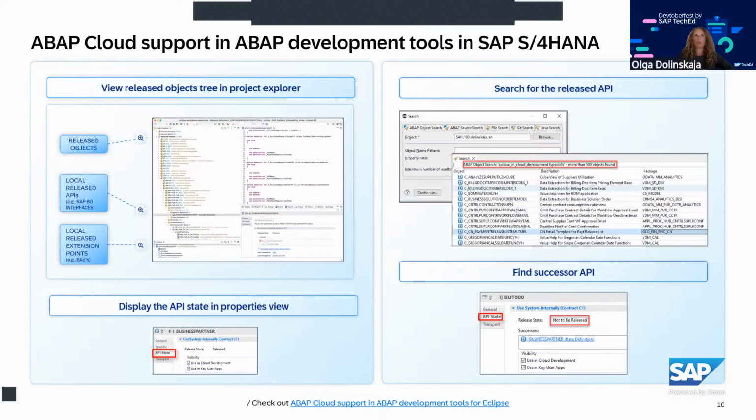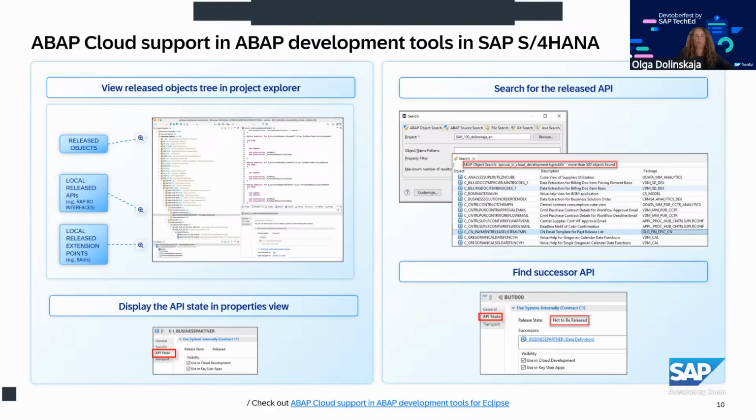So you can display only released objects, released local APIs, and also released local extension points. You can also search for released APIs directly in the system. We have extended ABAP search and ABAP development object search, where you can specify different filters and look, for example, as here on the right-hand side of the screenshot, for all the CDS views which are released in